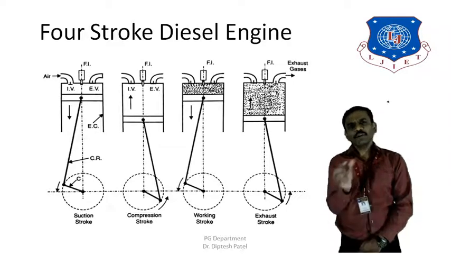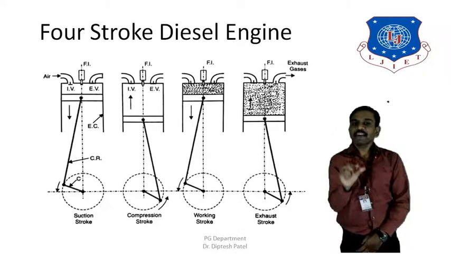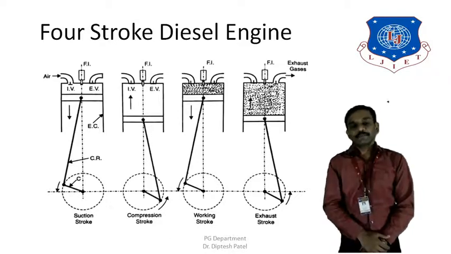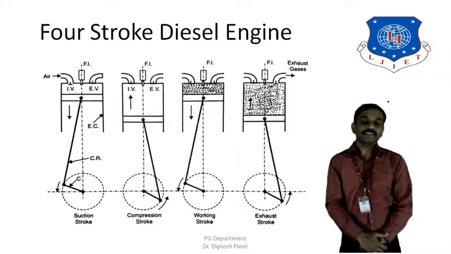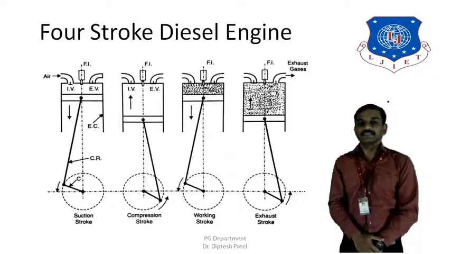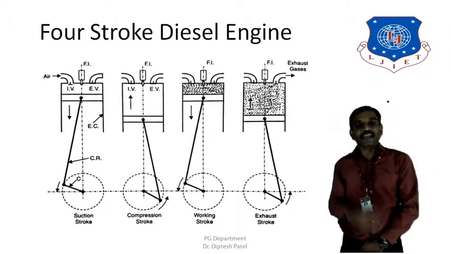Now there is a small difference between the petrol engine and the diesel engine. In a petrol engine, the mixture of air and fuel is ignited with the help of a spark plug, but here spontaneous ignition takes place when fuel is injected into the heated air remaining in the cylinder. So that's the only small difference between the petrol engine and the diesel engine. So you can see these 4 different strokes of the cycle.